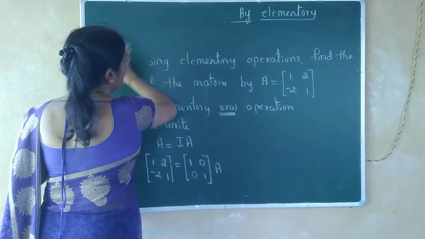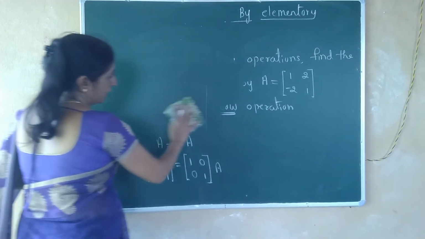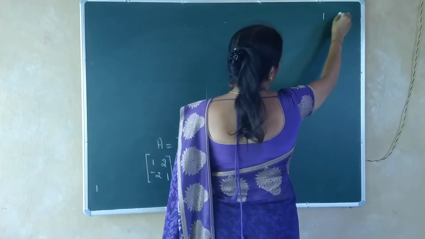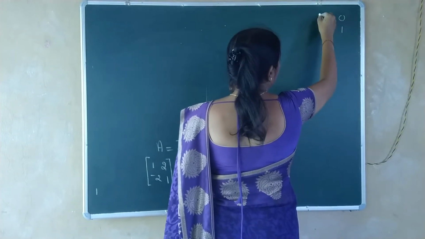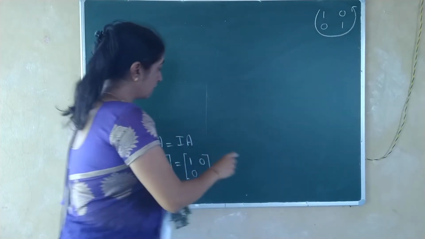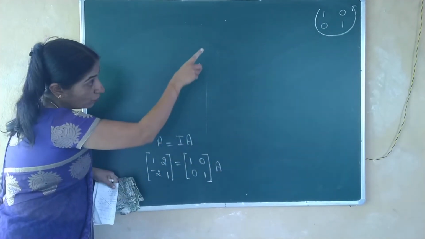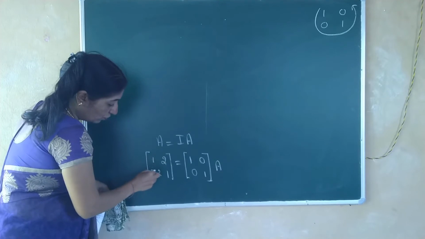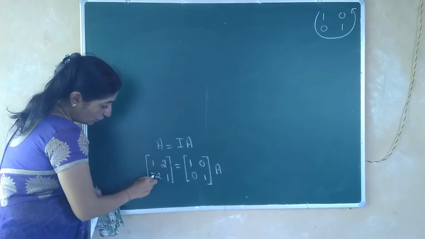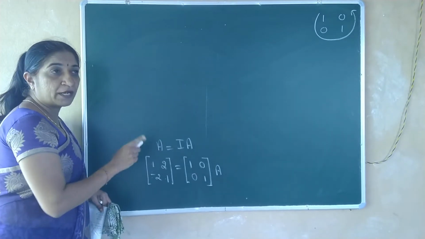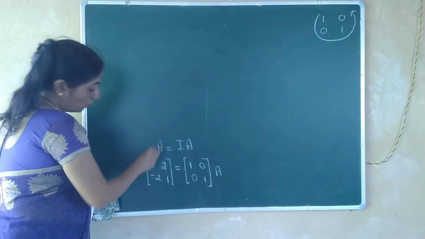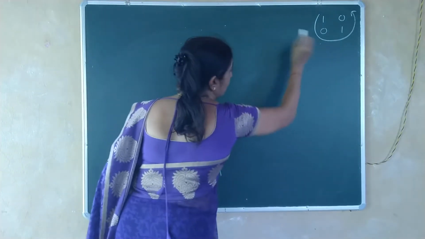After this, now I am giving you an important point, please note it down. Here on the side write down the unit matrix 1 0 0 1. In this way we have to apply the operation. That means the given matrix A we have to convert in the form of 1 0 0 1 like this. That's why for reference I wrote there 1 0 0 1. And remember we have to apply always row operation, because I mentioned I am teaching you the row operation.